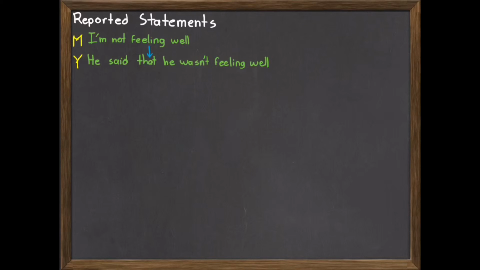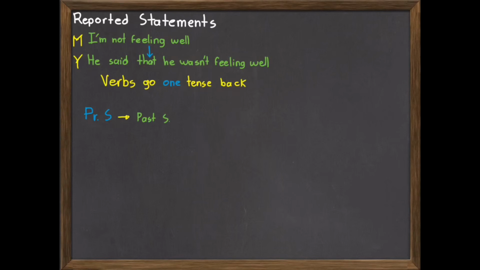Now, in reported statements, the tense changes. Verbs would go one tense backwards. What does this mean? For example, when you hear a sentence in present simple, the direct statement, the reported statement would be in past simple. For example, I'm not going to write this example, but listen. I like your new hairstyle would be the present simple. She said she liked my new hairstyle would be the past simple.